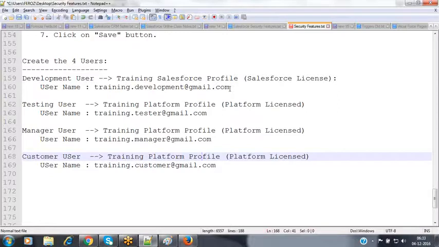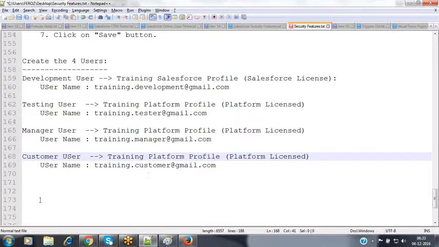Even though in the interview they may be asking the questions indirectly, confidently say that we don't have any option in Salesforce to remove a user record. A user record cannot be removed from a Salesforce instance. Now, if the user record cannot be removed, then how can we prevent the user from logging in here? How can we prevent these users from logging into my application from now onwards?